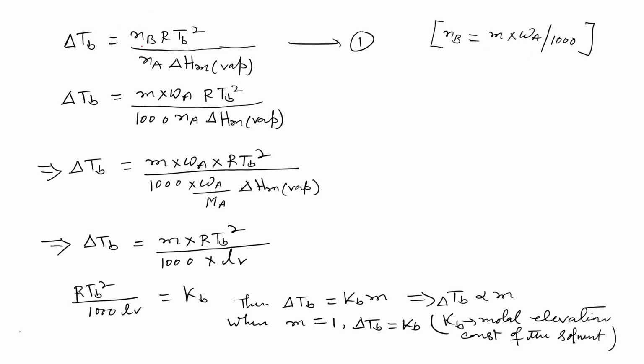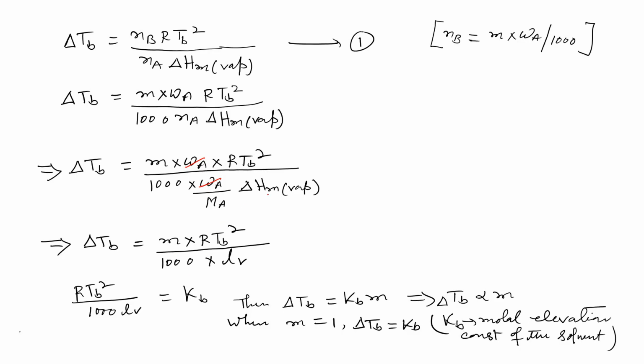So in place of this Nb, we have written m into W divided by 1000, remaining things as they are. So delta Tb will be equal to, now here you see this Wa is getting cancelled. So what is left over? Delta Tb is equal to m into RTb square divided by 1000